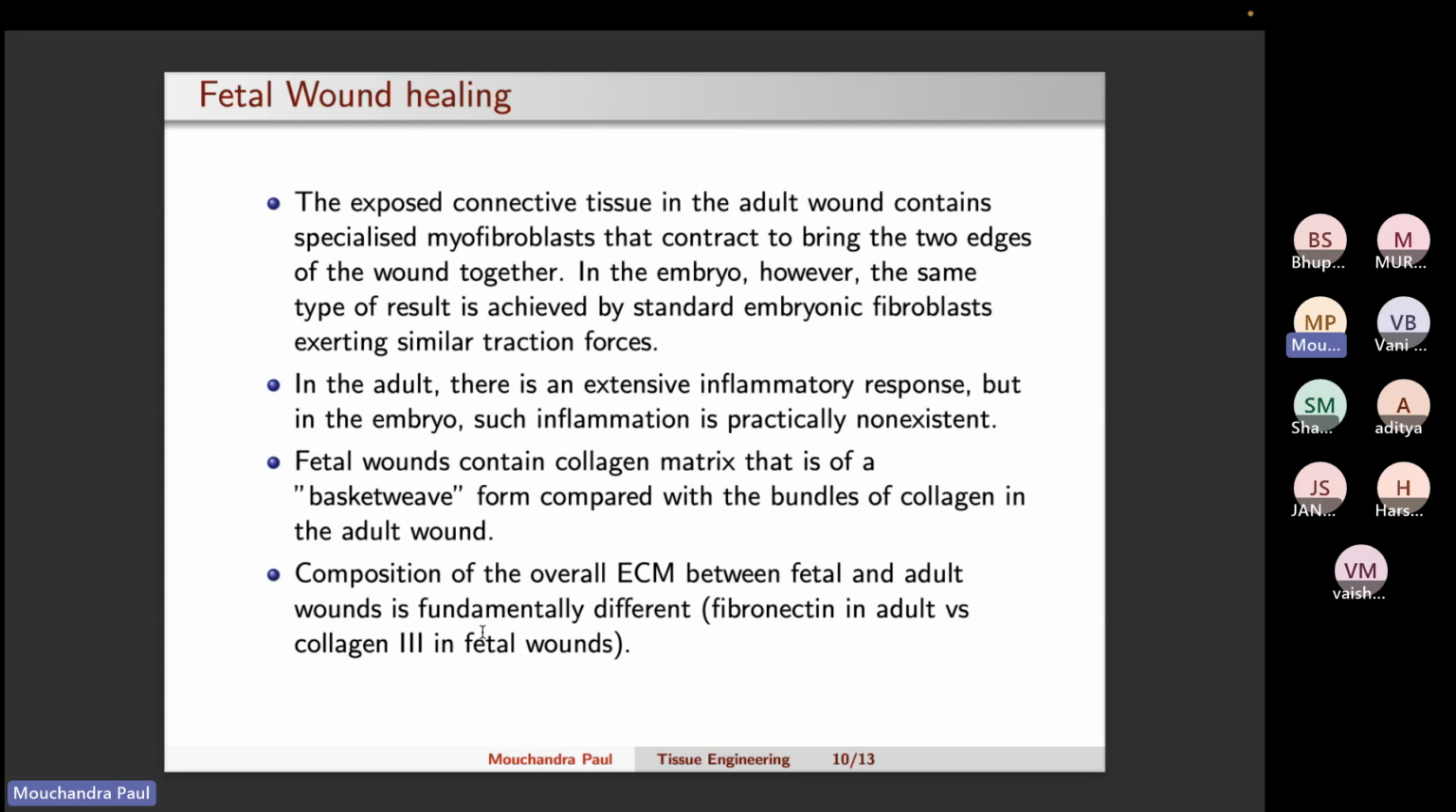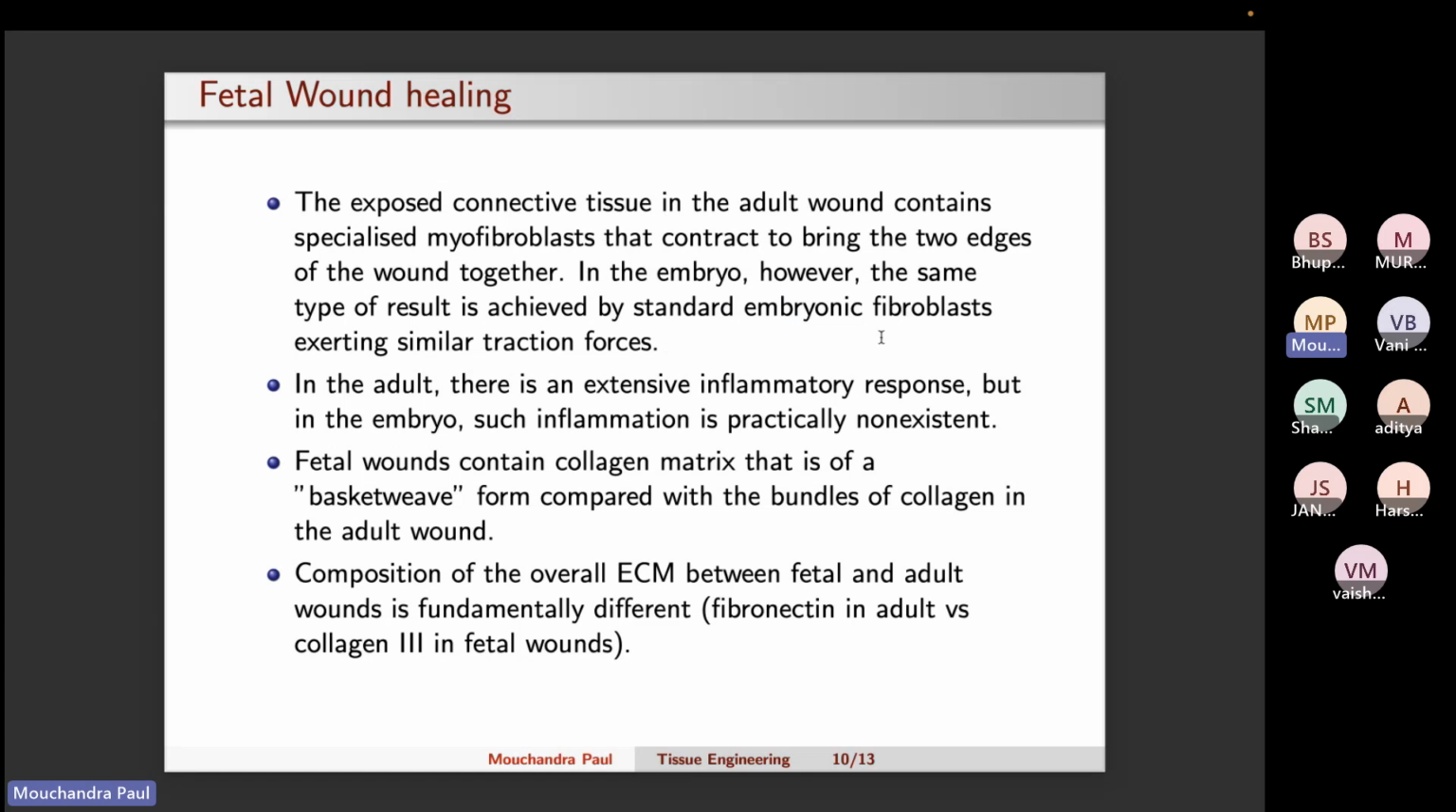And the exposed connective tissue, that is the dermis layer, in the adult, it contains specialized myofibroblasts that contract to bring the two edges of the wound together. Yes, you guys are familiar with that. However, in embryo, the same type of result is achieved by standard embryonic fibroblast. Okay, so here the embryonic fibroblast is acting, and here myofibroblast is acting to do the same thing. Here the same traction forces are applied, means they contract in order to bring the two edges together, but the